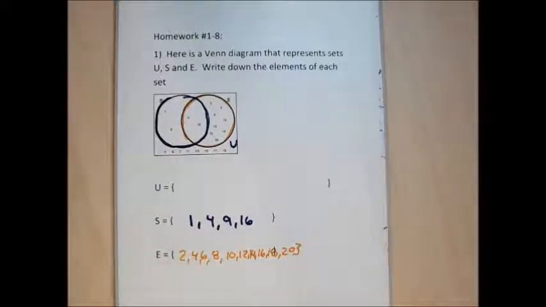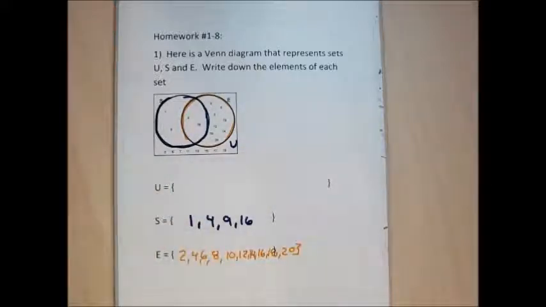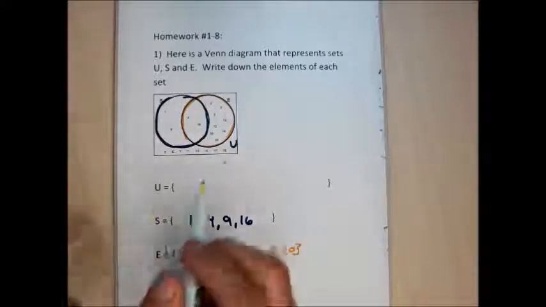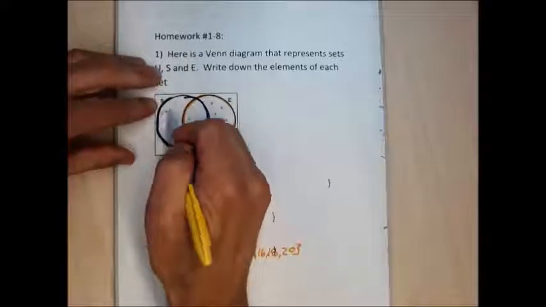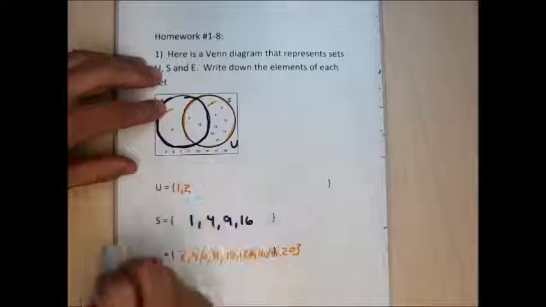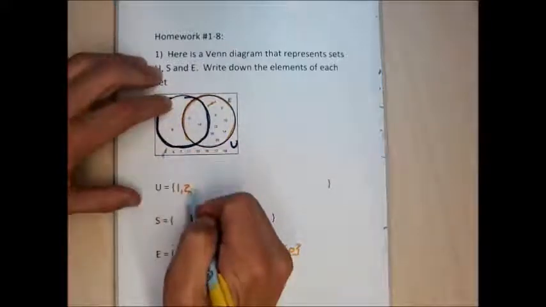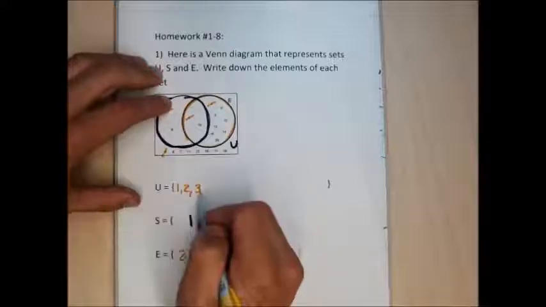The universal set is any number that's in any part of this picture: all the numbers in the circles along with all the numbers in the rectangles. Let me just do them one at a time. There's the number 1, 2. I think it's all the numbers between 1 and 20, but I'm just going to mark them off as I find them. So 1, 2, 3, 4,